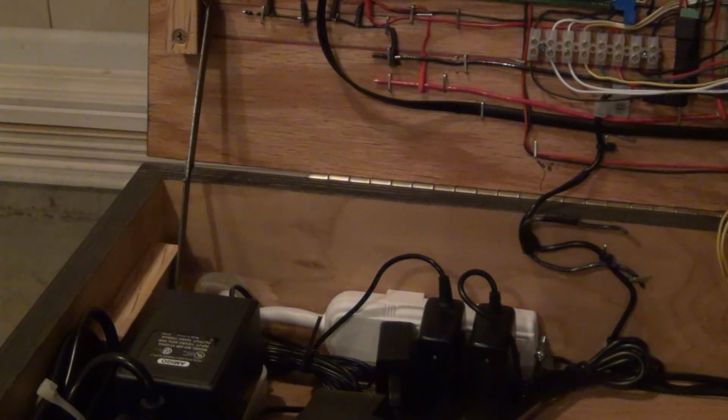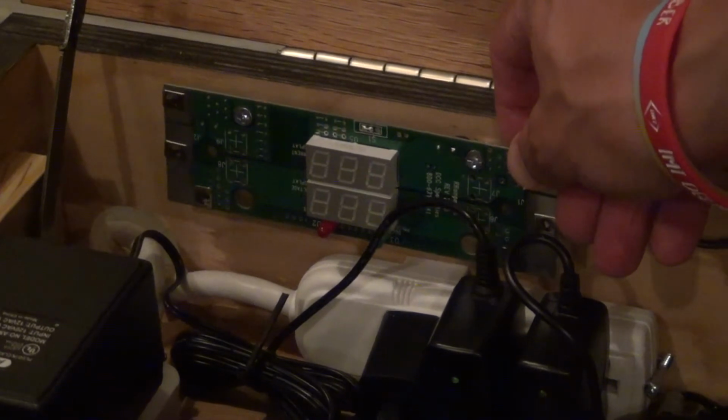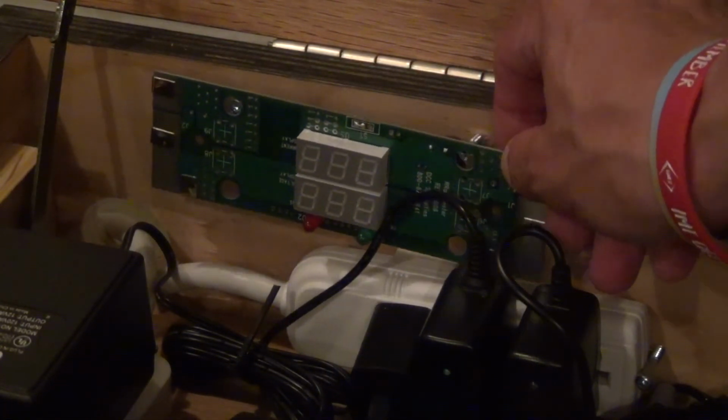So I'm going to go ahead and get these 2 screws mounted and mount the amp meter. Okay, so I got that mounted. So again, just 2 screws, pull it right off through the circuit board. That'll keep it nice and secure in there. Obviously you have to be real careful,